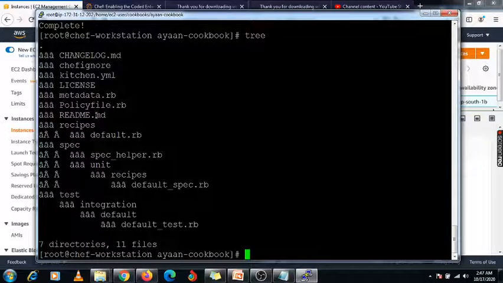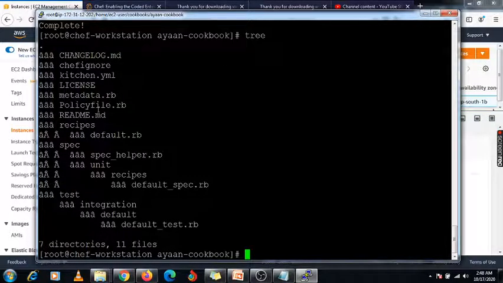So this is my tree command. Here you will get this recipes directory. There is one default recipe available, right? So this is my default recipe inside my cookbook, that is my cookbook name is Ayan-cookbook, okay. Inside this Ayan-cookbook, I have entered this tree command.